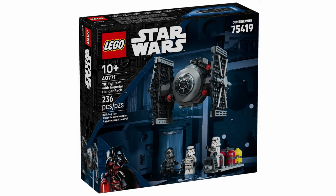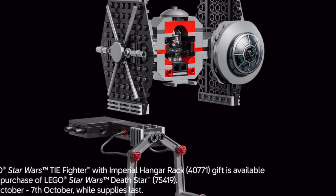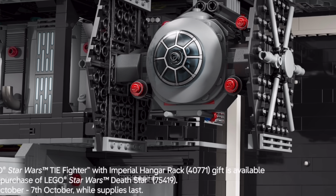And that brings us to the ugly of the $1,000 Death Star, the worst of the worst, starting with the GWP, aka the gift with purchase. It's the set that you receive for free if you buy this Death Star within the first week of its availability. LEGO does this with sets all the time. They do this with LEGO Star Wars sets all the time. It's nothing new. What is new is that this build is something that actually attaches to your $1,000 Death Star